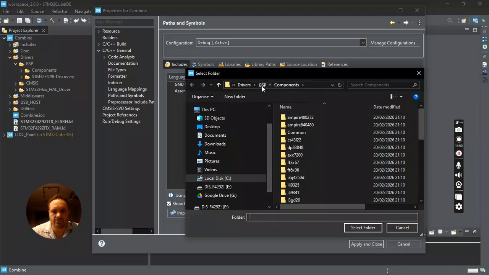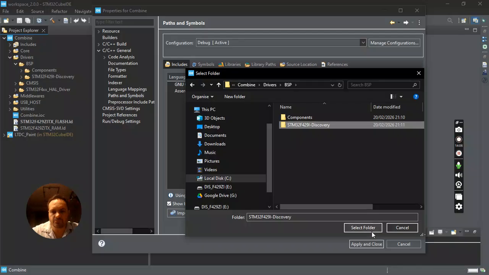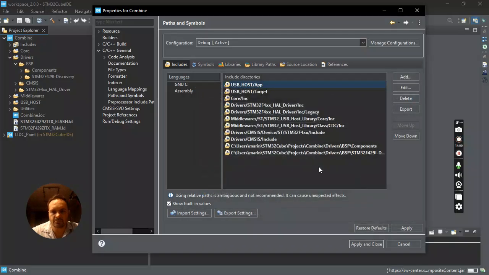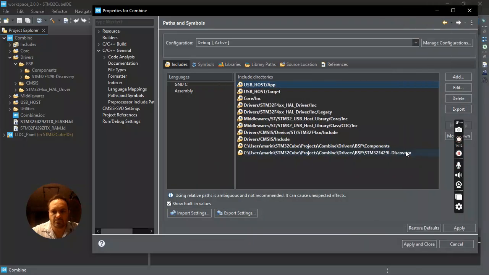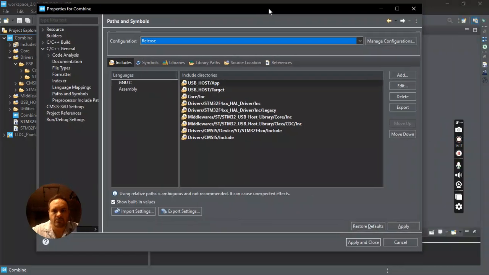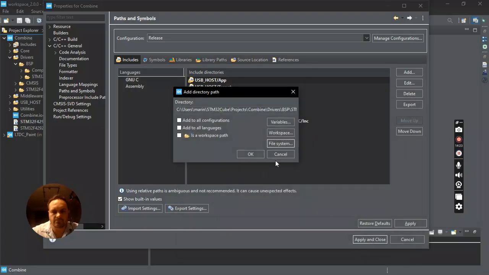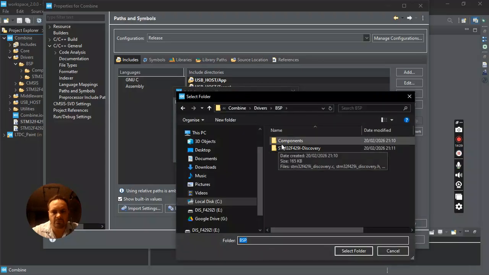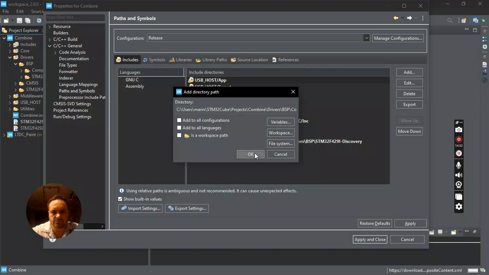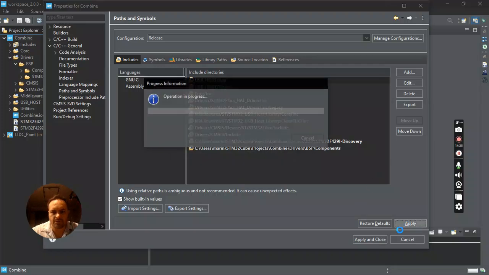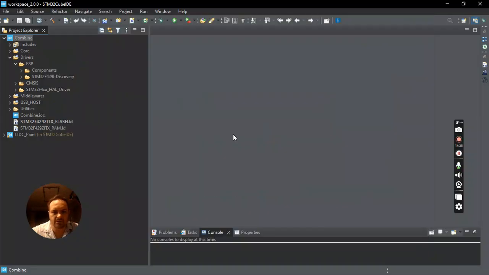Another one for the STM discovery board. Select folder, okay. Alright, there's those two, and then we do the same for release. Add components. Okay, apply and apply and close. Right. Then